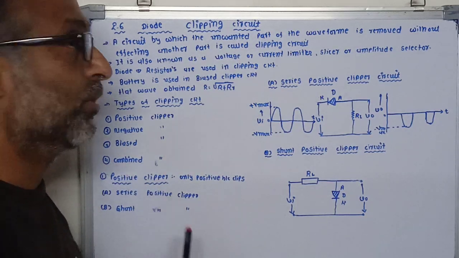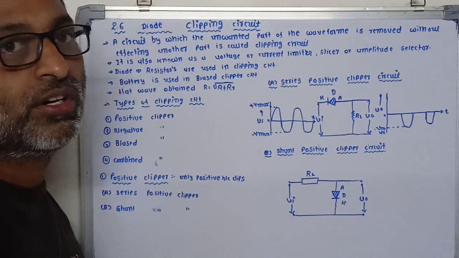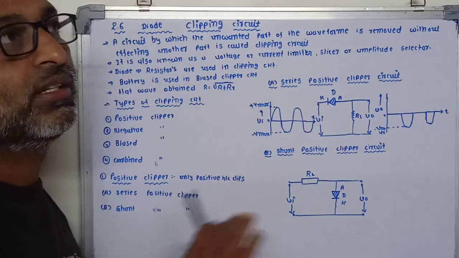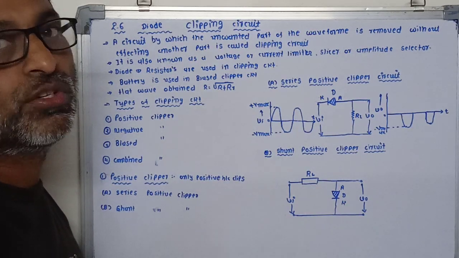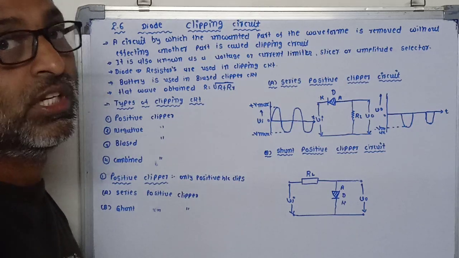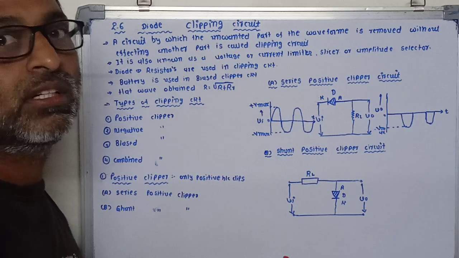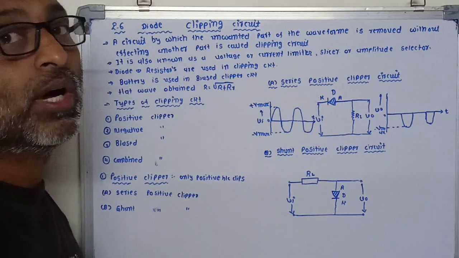First, positive clipper. We have already seen what a clipper is. A clipper is nothing but a circuit that clips the waveform which is not required. So what is positive? A positive clipper is a circuit which clips the positive half cycle